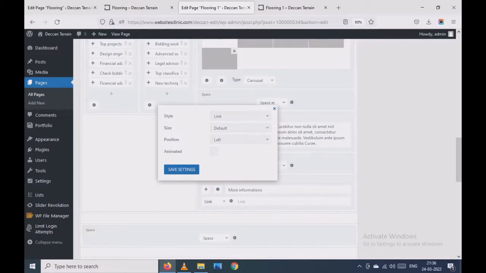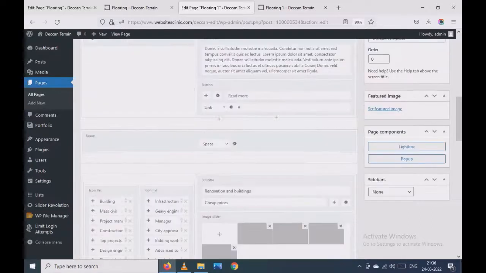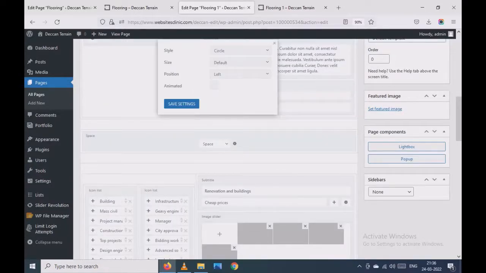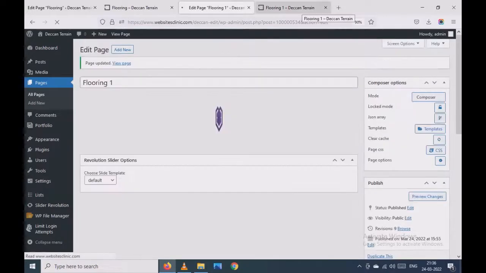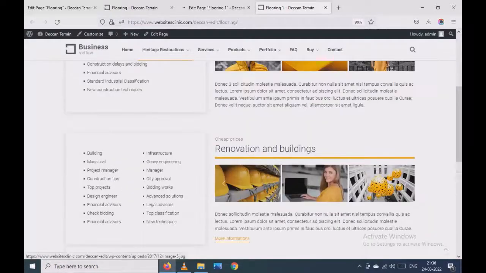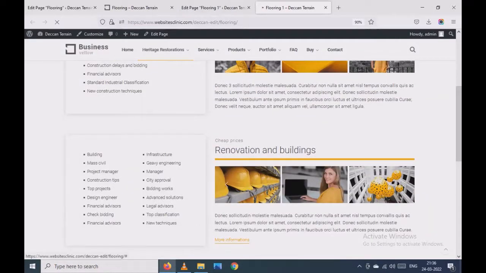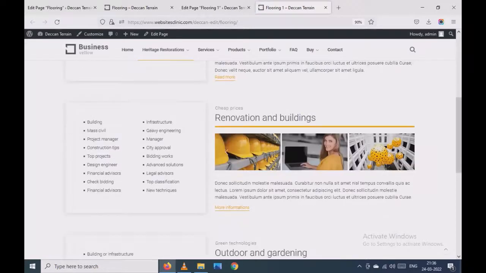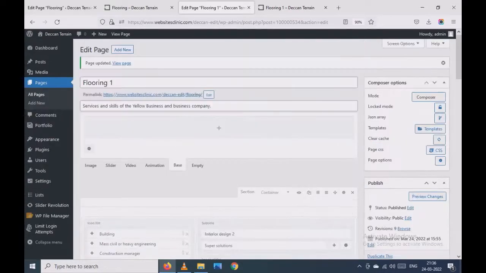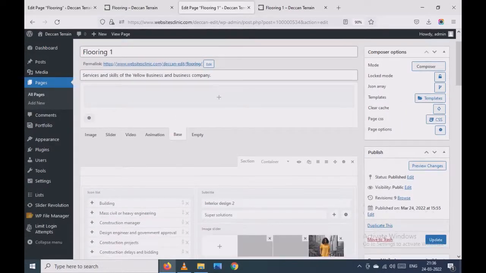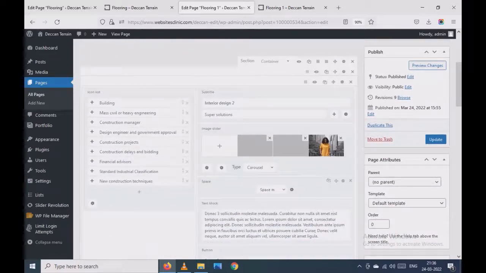So now I want the button to have the exact same look and feel as here. So what I will do first, I'll go and check the settings. You can see style link, size is default, position is left. So I'll put the same settings here. Style is link, default left. Save settings and I'll update. So now as we have more information here, you will get the read more link here. See,